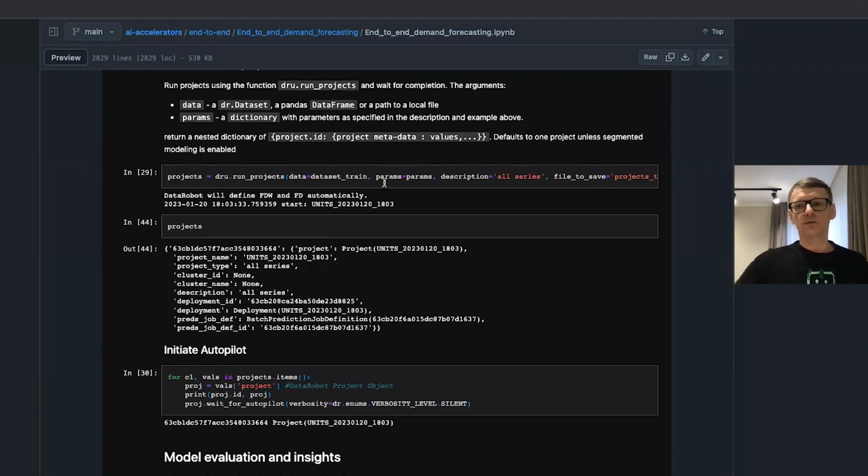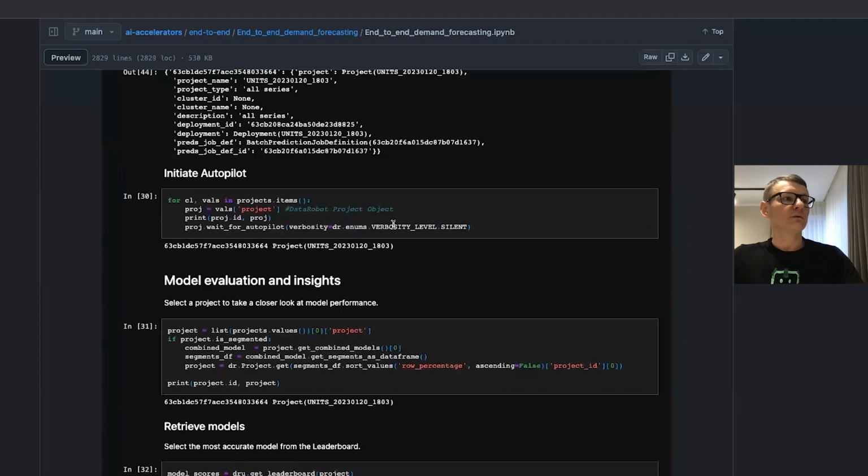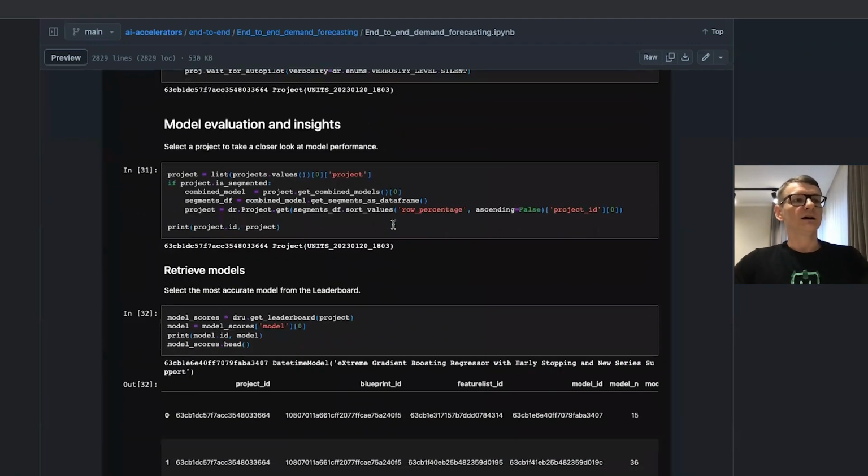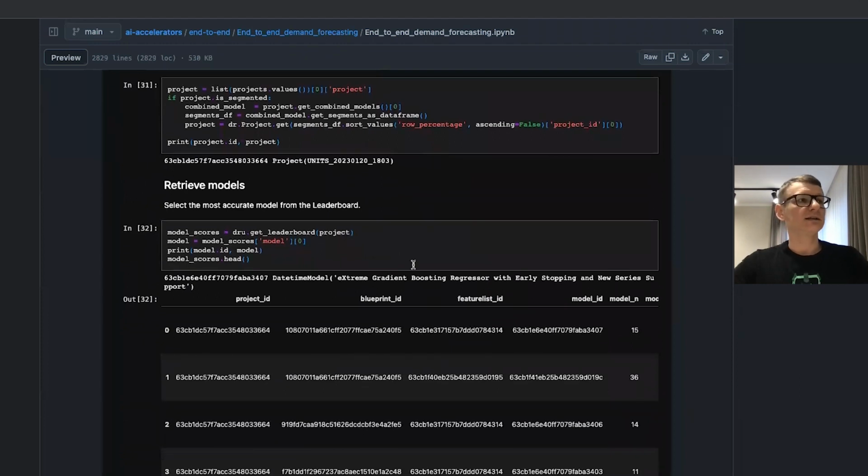So once you run several experiments, you can combine them and store within that particular dictionary in order to iterate and check whether different project setups are more beneficial for your model performance. So once the project actually finished, we can pull one of the projects and